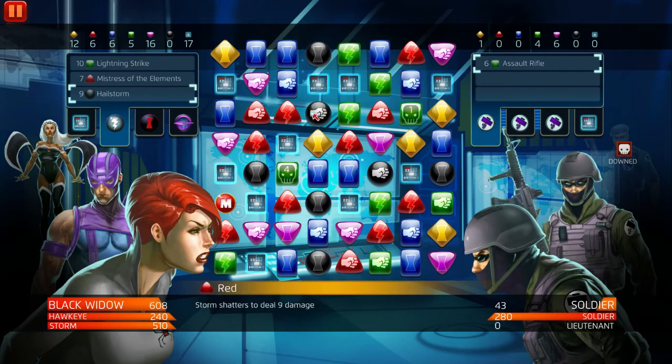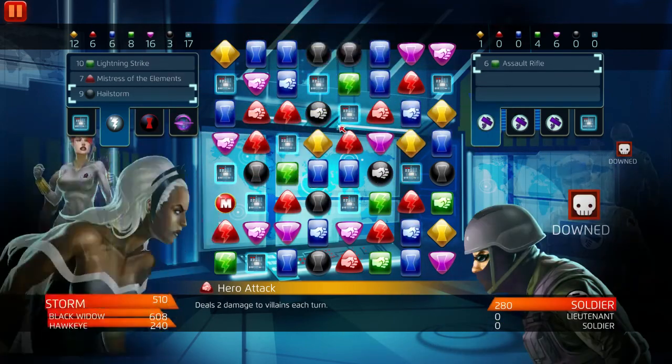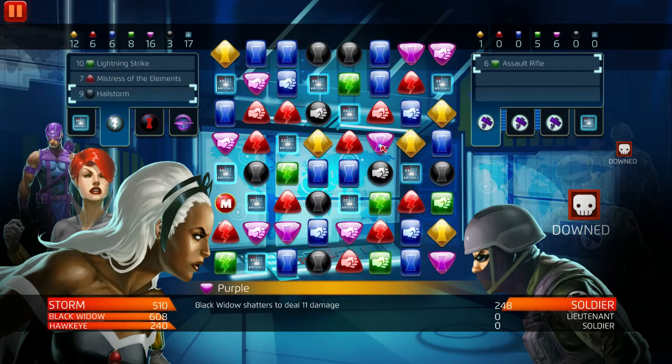I probably should have went ahead and got that red cleared off. Did me a red so I could go and do Mistress of the Lightning or arrow, the arrow thing. So you can see that move in play, but